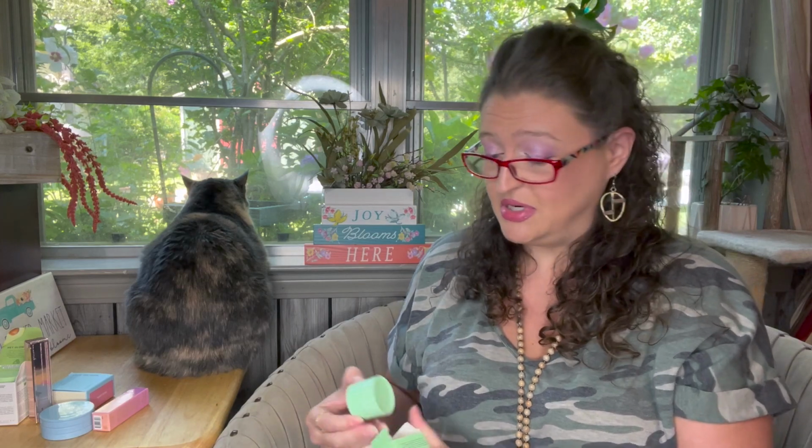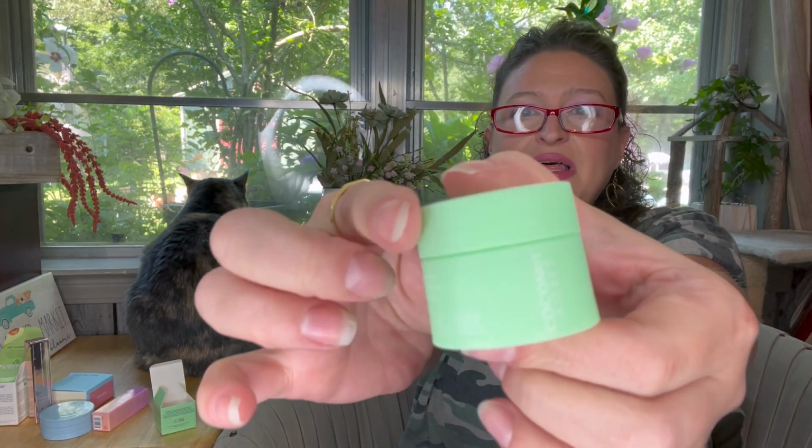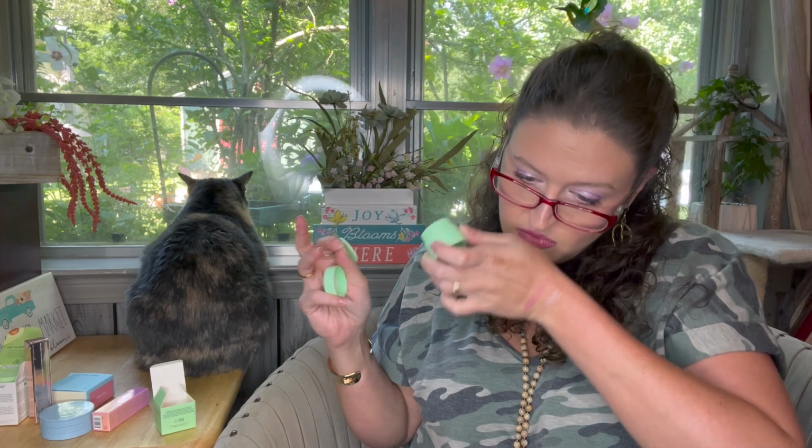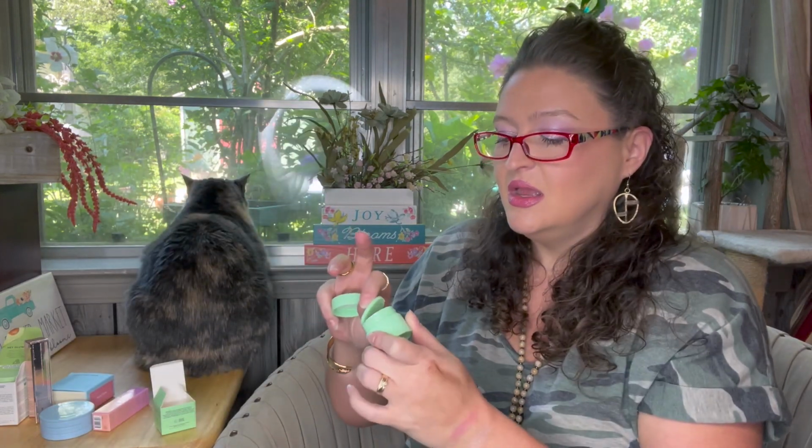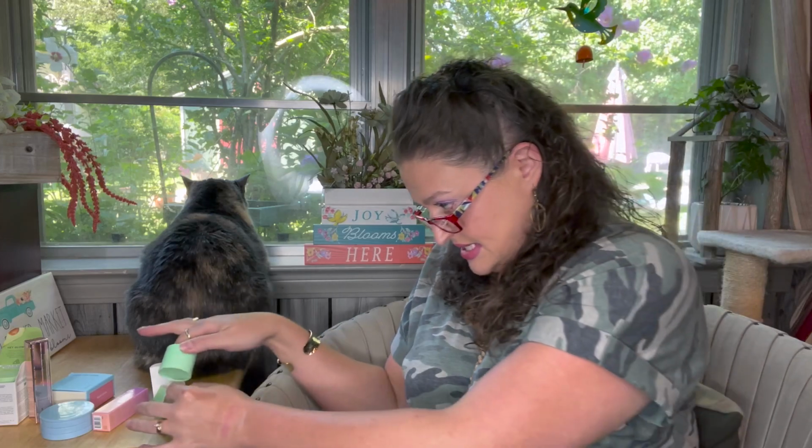Of course, I got stuff on my lips right now, but Give Me LALA. I don't think y'all could see that. I can hardly see it. Coconut. That's nice. It's kind of thick in there. I'm used to one that's a little more creamy, but you could definitely get it on. Interesting. I'm gonna have to try this one over a few days and see how it goes, but I'm excited about it. Okay, last product is